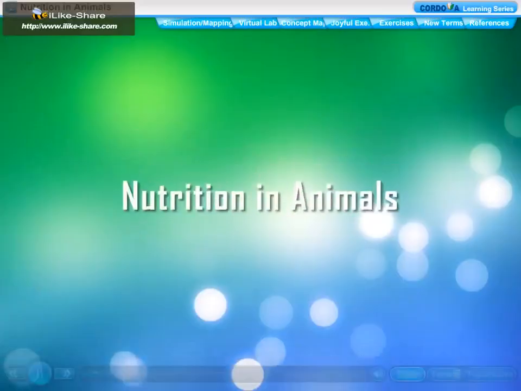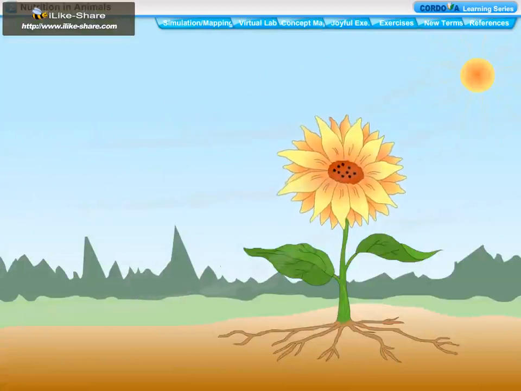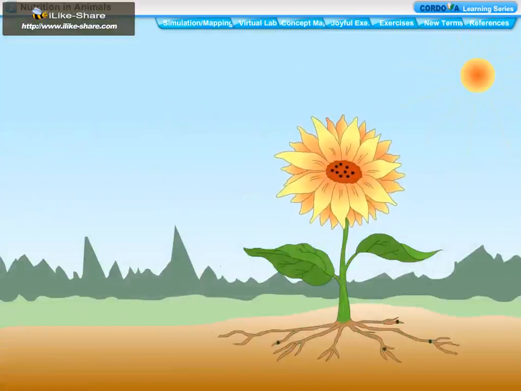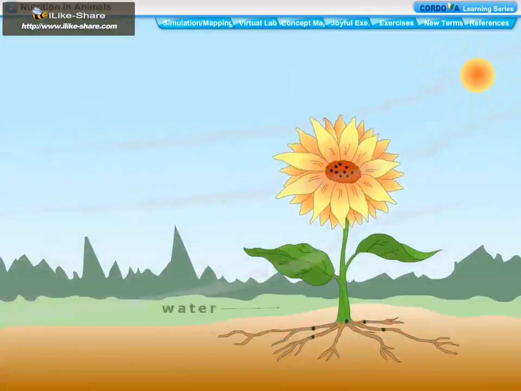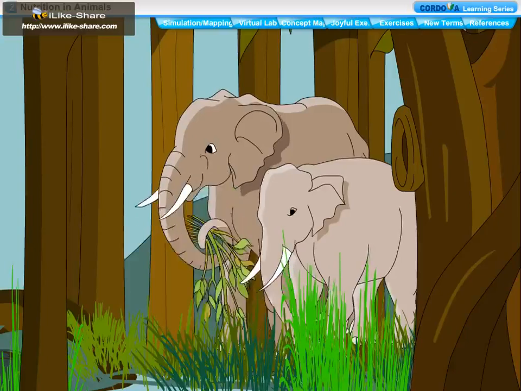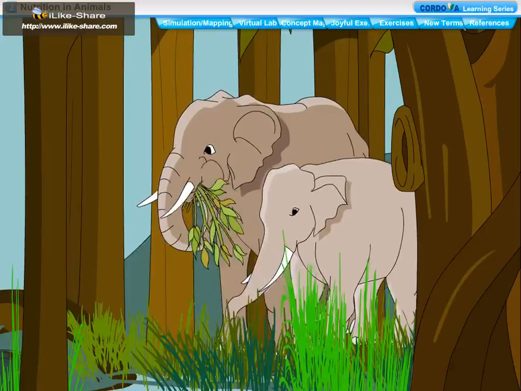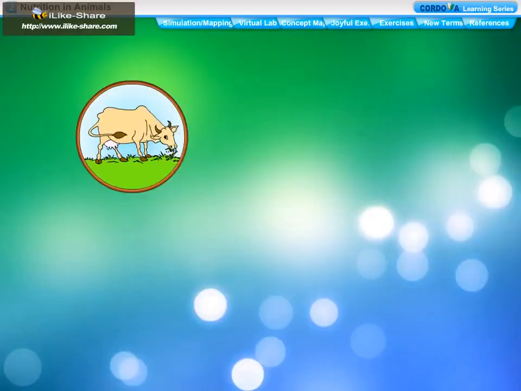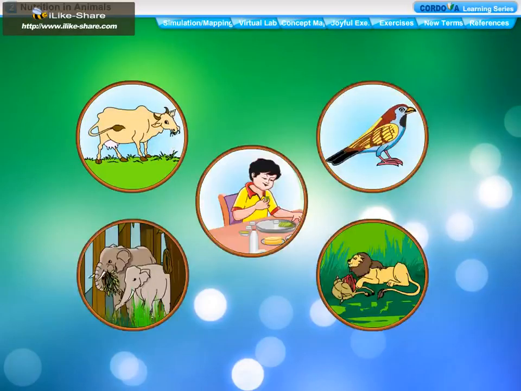Chapter 2. Nutrition in Animals. In the previous chapter, we have learnt that green plants can prepare their own food by the process of photosynthesis, but animals cannot. Animals are dependent on plants for food, directly or indirectly. All organisms, including humans, require food for growth, to repair damaged parts of their bodies, and for obtaining energy to